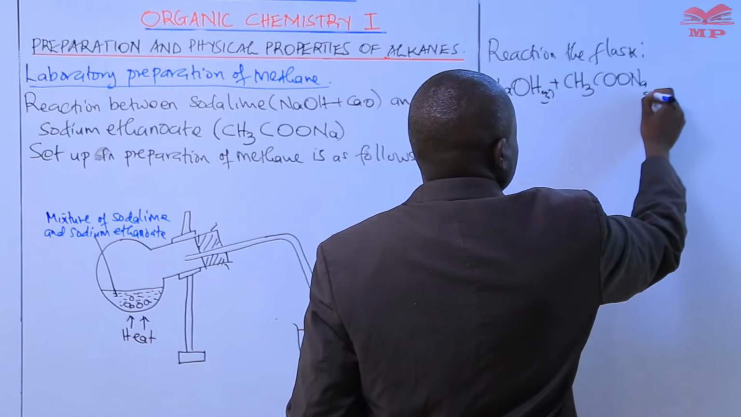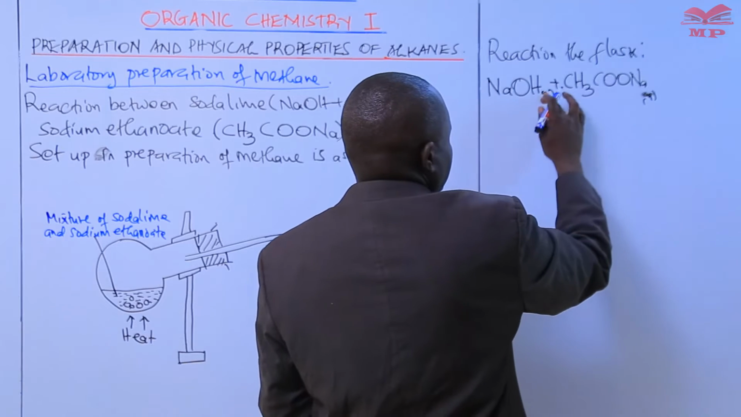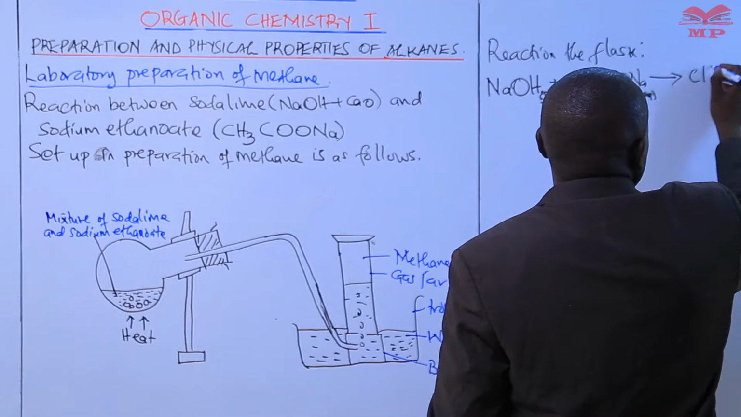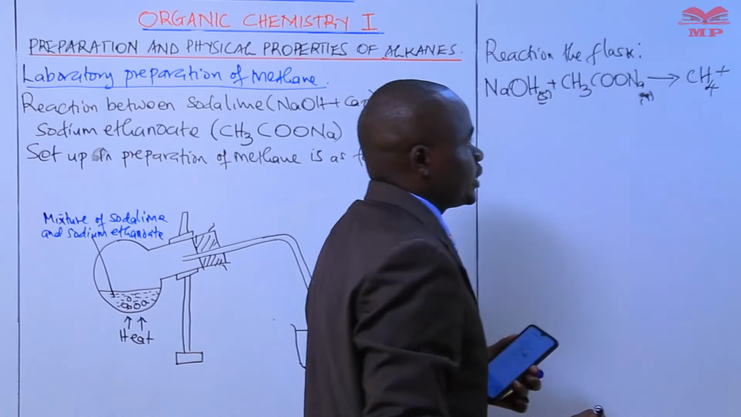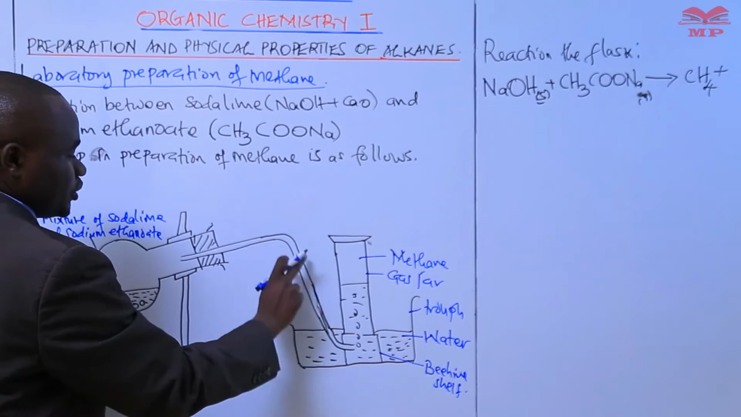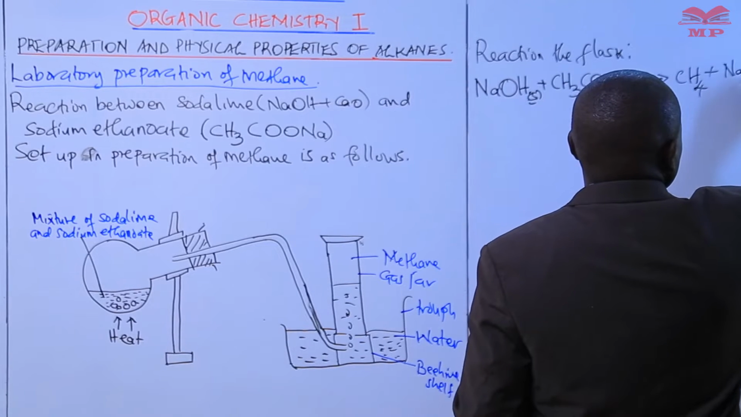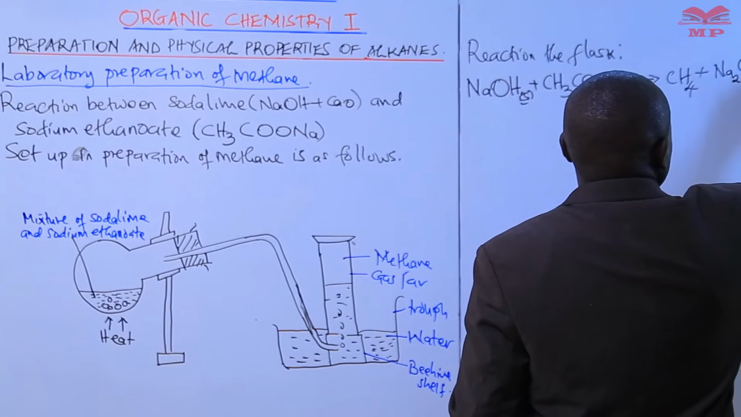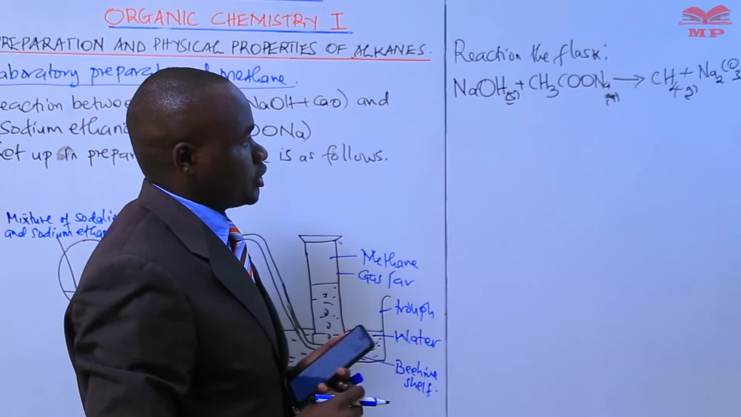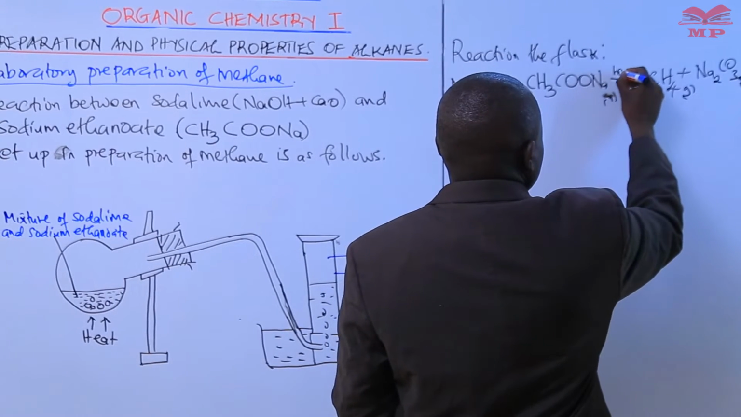Sodium ethanoate, soda lime and sodium ethanoate. The two react, we get methane gas as it's going to move through this delivery tube. Then the other product is sodium carbonate. Sodium carbonate, that is the other product that is formed. So that is the reaction that takes place in the conical flask, and the reaction occurs in the presence of